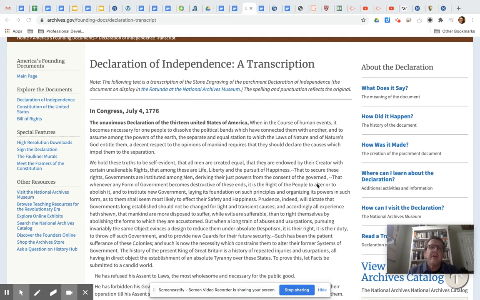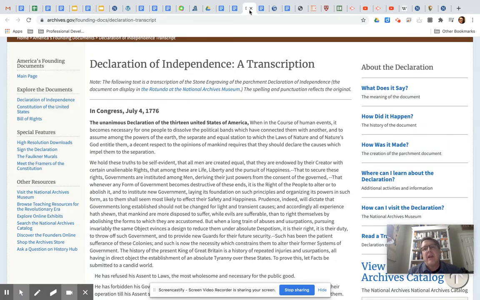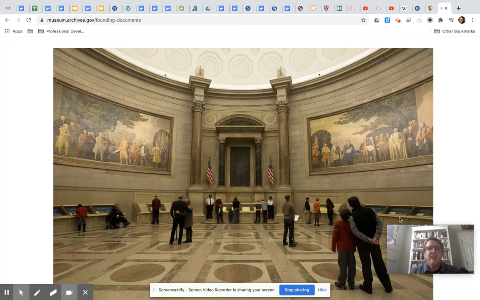So far in the unit, when I've asked you to look at the Declaration of Independence, I've given you this version, which is a transcription of something we call the Matlack engrossment. And engrossment is essentially just a writing out in beautiful script of a document. And this is a typed transcript of the Matlack engrossment that you will find if you ever visit the National